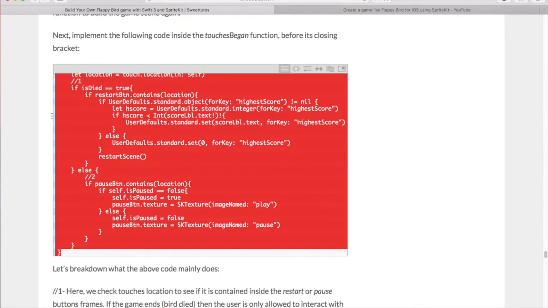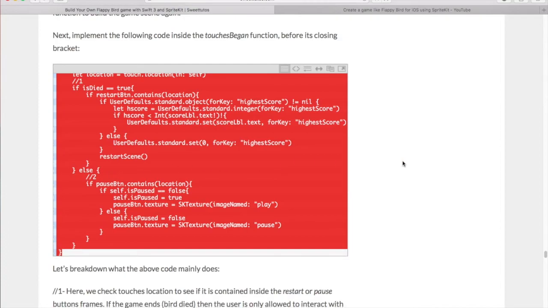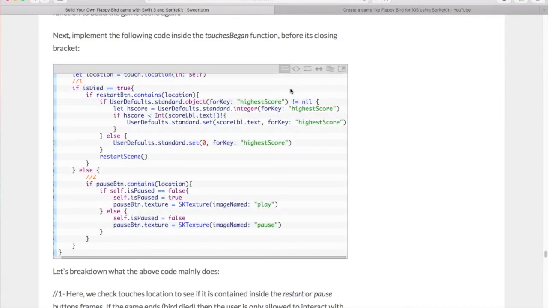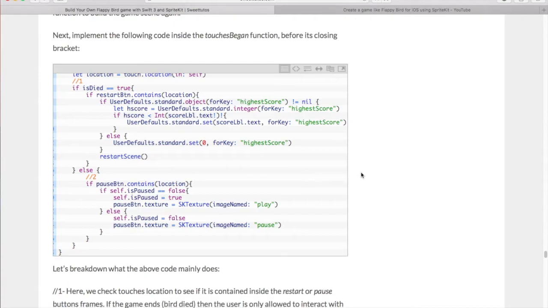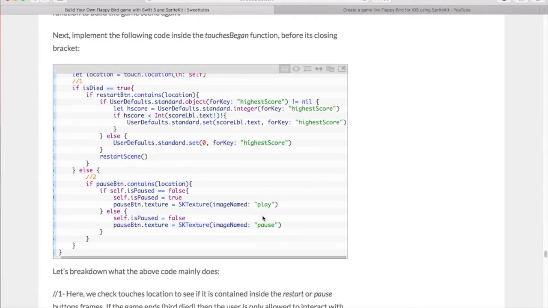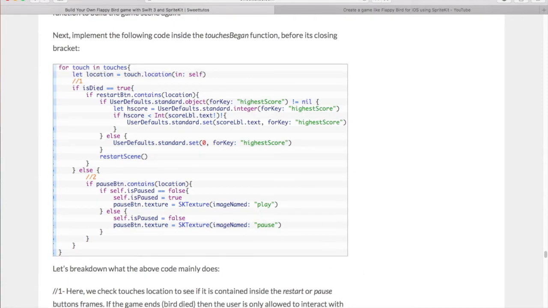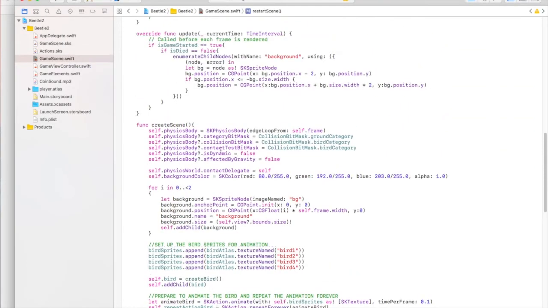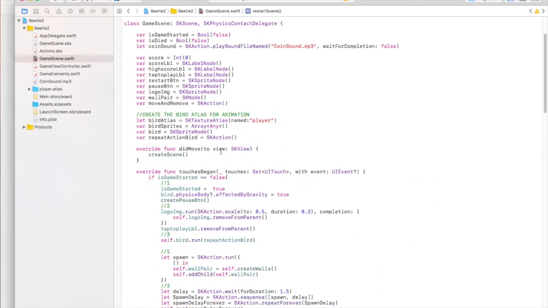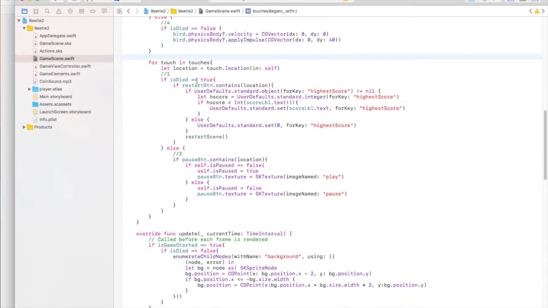So we want to detect the location, and when the player touches the play and pause buttons, then we want to perform some actions. So let's go to the touches begin function, and we want to detect the location of the touches. So for touch in touches, we get the location,